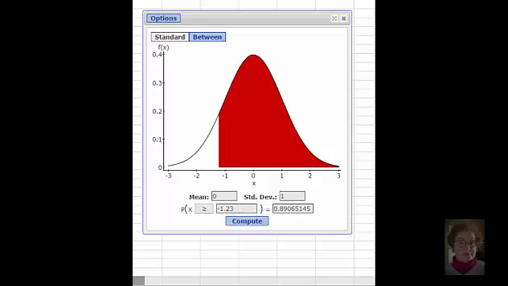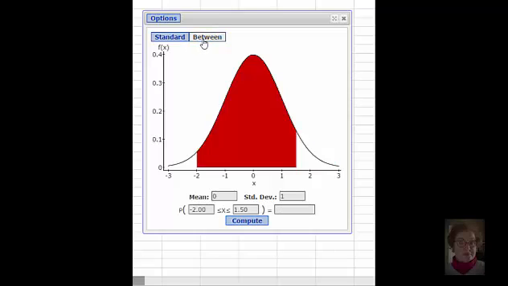Then if we go to the next example, find the probability that it reads, at the freezing point of water, between a negative 2 and 1.5 degrees. To do one of those types of problems, you're going to look at it and click the between button. Check that your mean and your standard deviation are still set. You can see I have already done this, and so my lower limit is a negative 2, my upper limit is a positive 1.5. I'm going to click compute and I get